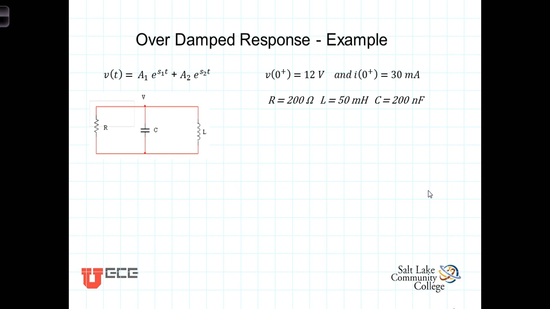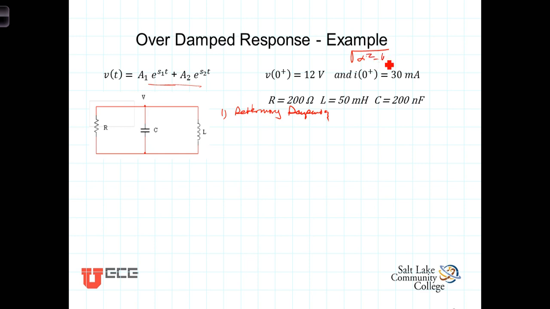Let's do an example of an overdamped case to show how we can come up with a total response for this parallel RLC circuit. Our first step is to determine the damping. By that, we need to determine whether the value under the radical, the square root of alpha squared minus omega naught squared,